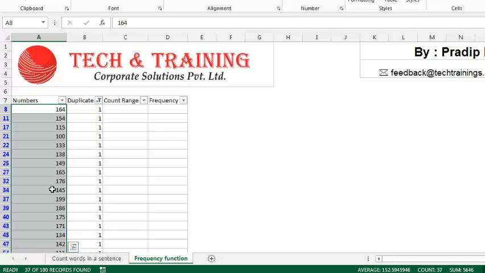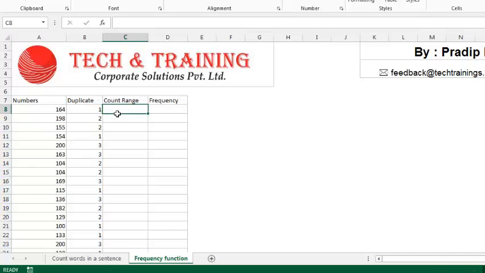I just need the first occurrence to be considered as unique, and the rest of the occurrences can be considered as duplicate. I want to include the first occurrence of 200 only once, and then remove all the rest of the occurrences. So in order to solve this problem, I am again going to use one more COUNTIF function,